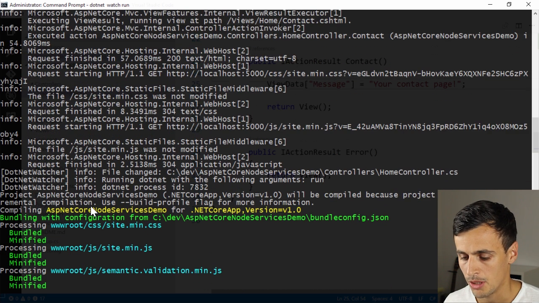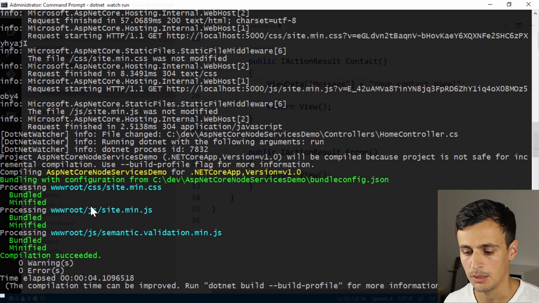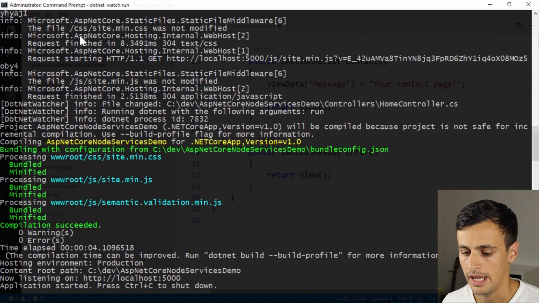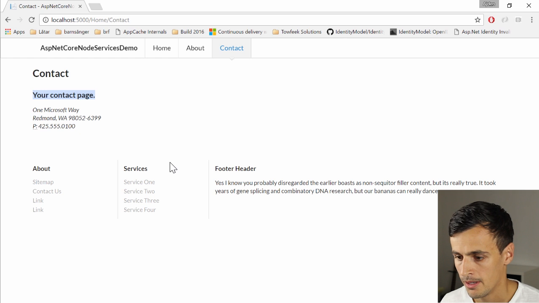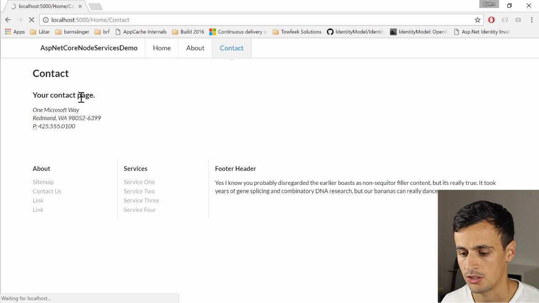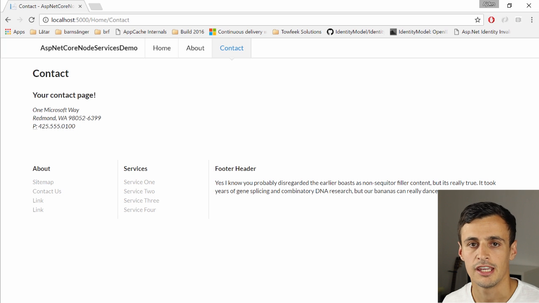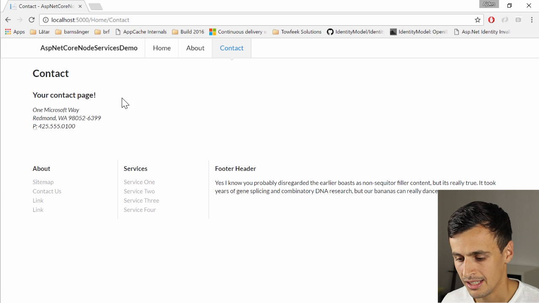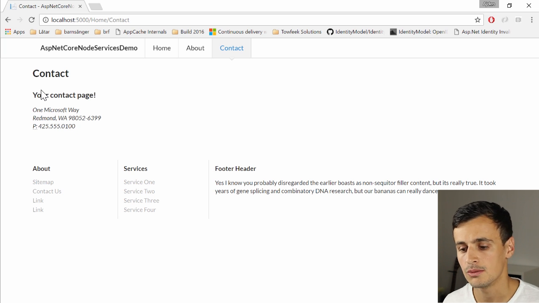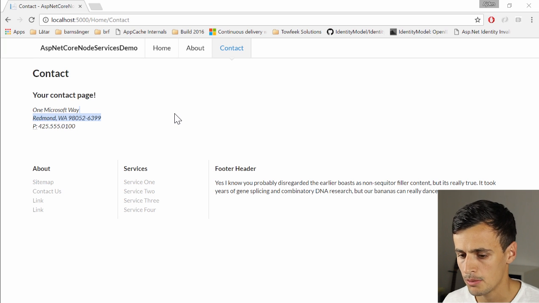see that our command prompt detects the change and it will recompile our app for us. And if we refresh the page now, this text should be updated. All right, so that's how you get up and running with the dotnet watch tool, which isn't really the focus in this screencast. So let's try to call some Node code here, and to be able to do that, we're